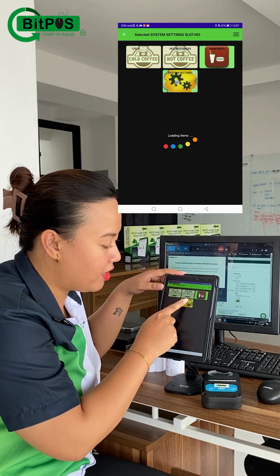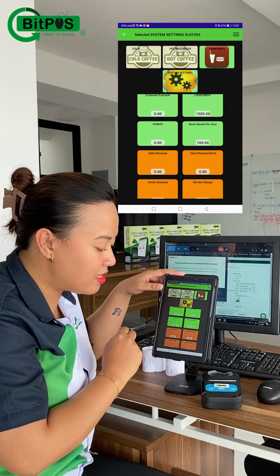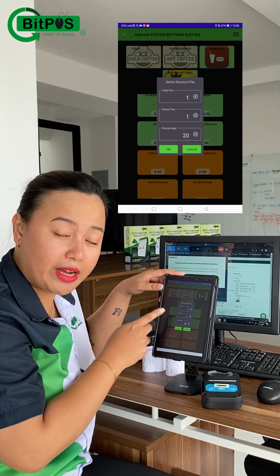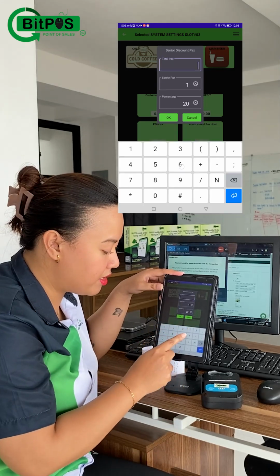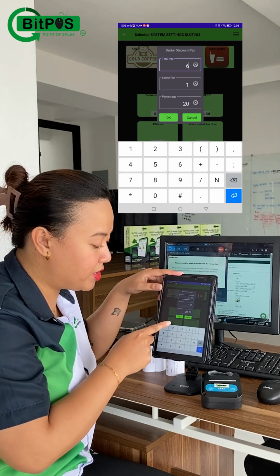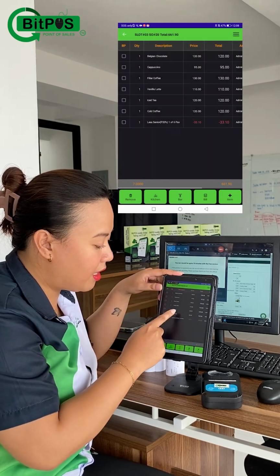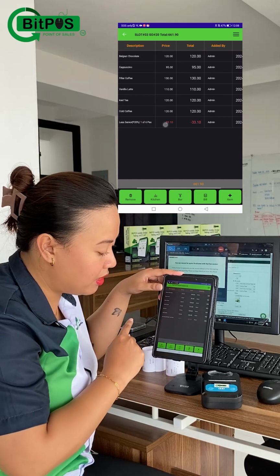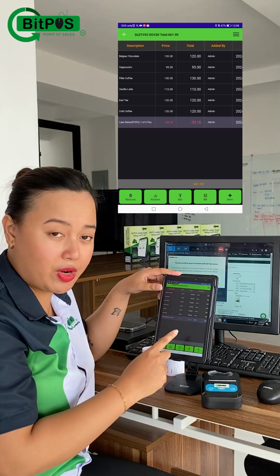And then I have here a system setting where I can select the sales discount, where I can input the total number of guests, how many are inside the table. So say for example, there are 6 of them, how many senior citizens, and the 20% discount, and then tap OK. Automatically, going back, there is 1 of 6 pax and the total discount that the senior citizen can have. So you can actually do that here in the system.